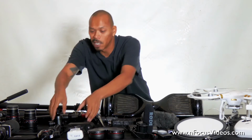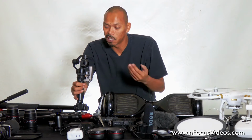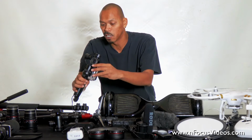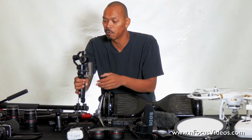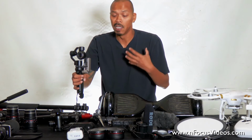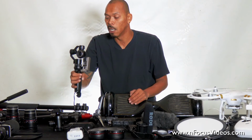Then we got the Ronin M, and then we got the DJI Osmo, which we use pretty much 99% of our time on a lot of our shoots now, just because it's so easy to use. It connects to your phone as the monitor. The image quality for what we do is completely usable,